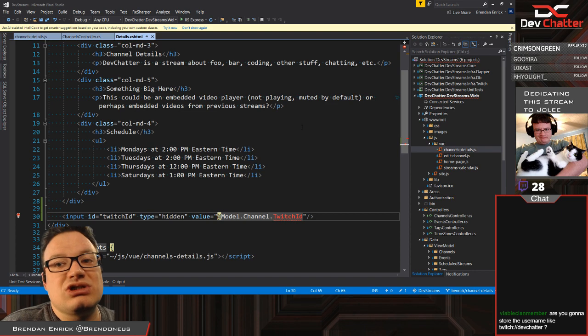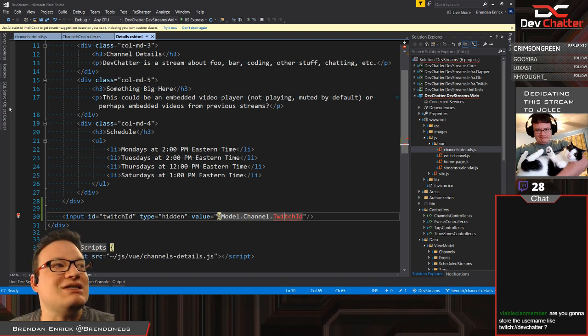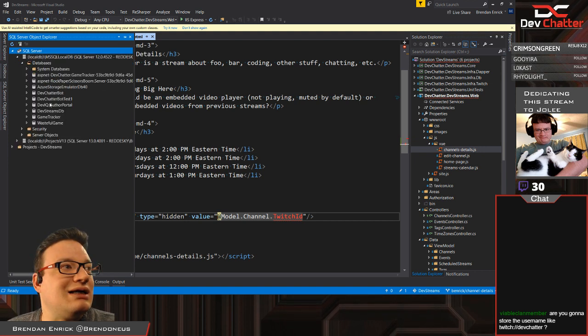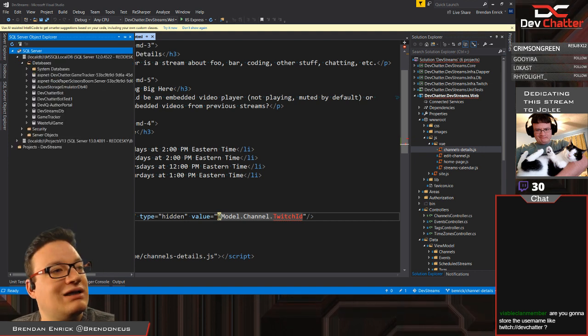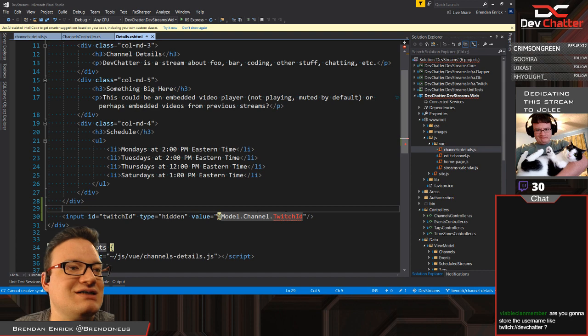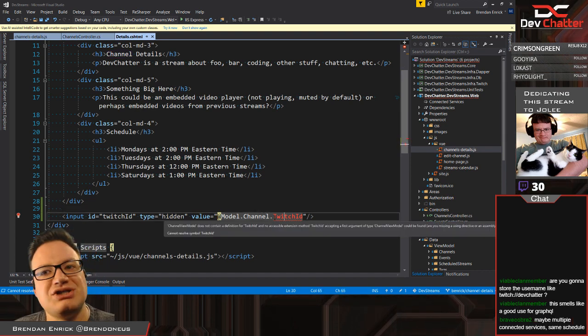So the Twitch info about a channel should be on a separate table most likely. Let's go have a look at that actually, because we need to wire this up now. But the channel model object, in this case, is going to have the Twitch ID as just a piece on it.